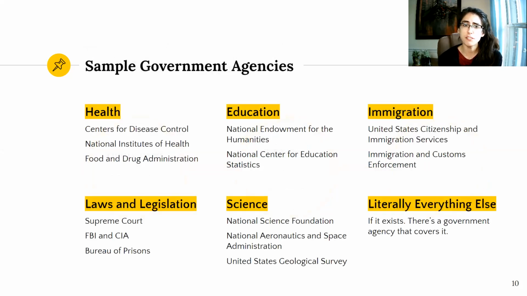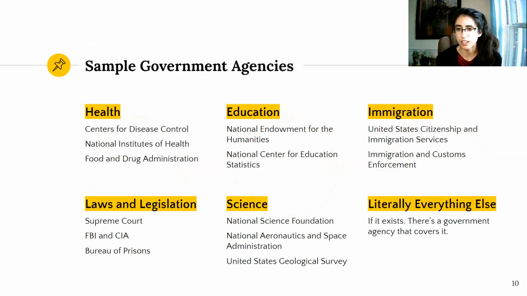Some sample government agencies: in general, if there is anything happening in this country, there is a government agency that covers it. Some big ones that I have named here, and I'm sure you'll recognize some of these: for health, we've got the CDC, Center for Disease Control, the NIH, National Institutes of Health, and the FDA. Then there's education, with the National Endowment for the Humanities.